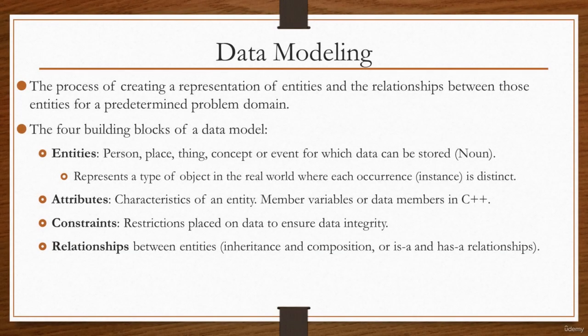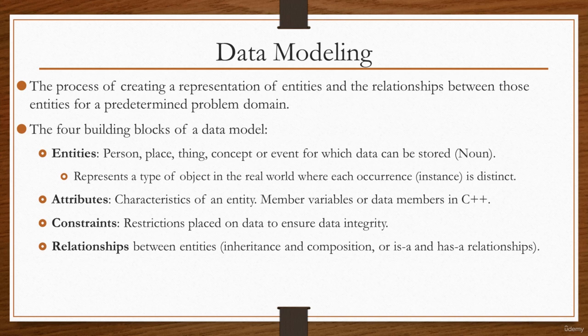Next, I want to talk about data modeling, which is the process of creating a representation of entities and the relationships between those entities for a predetermined problem domain. Of course, the problem domain is going to be the program that we want to write, the scope and the abstractions that we have to write for that program. Let's say we want to create accounting software or model some sort of bank account system. Then the entities will be the different banking accounts that you can have, such as a savings account, a check account, and so on. A data model or abstraction basically has 4 building blocks: an entity, which is a noun,